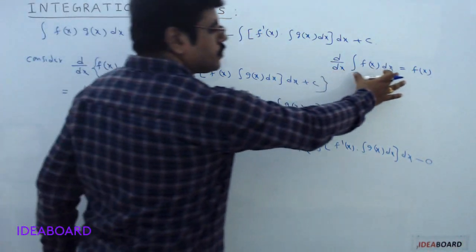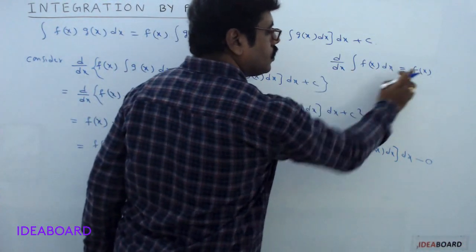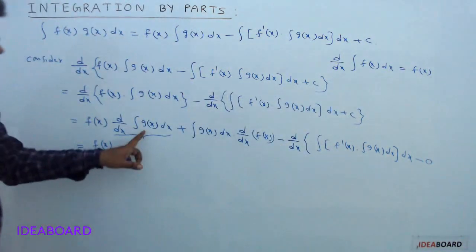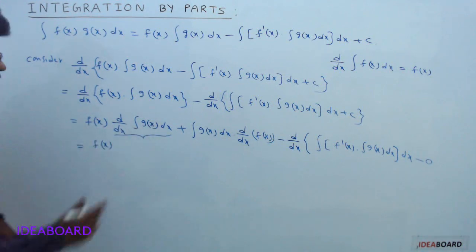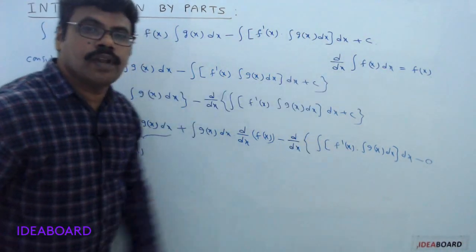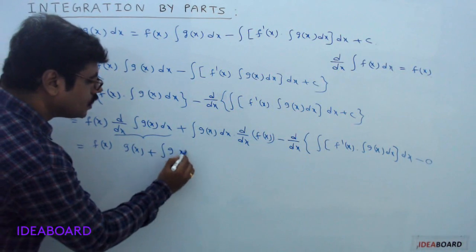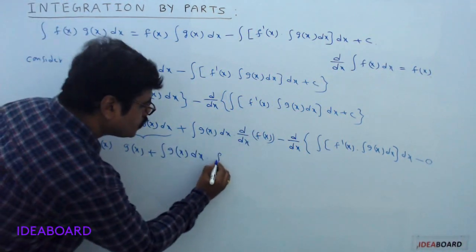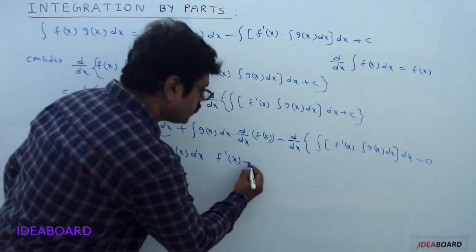Now see this basic formula. Derivative of integral f of x dx equals f of x. Here in place of f of x, g of x will be there. Derivative of integral g of x dx can be taken as g of x by using this basic formula. Plus integral g of x dx into derivative of f of x, which is denoted as f dash of x, minus,